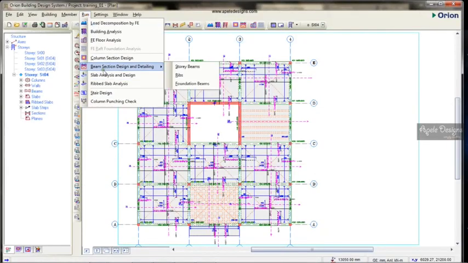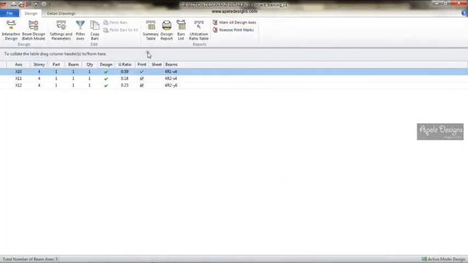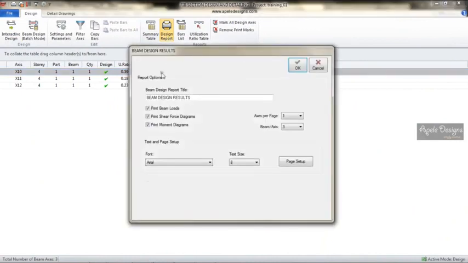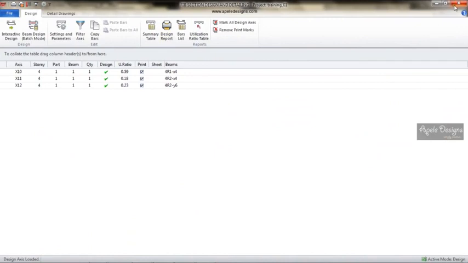and we'll do that for the rebeams, design reports. We'll give it another name. Let's give it 2. Okay. Save or print, close, close,